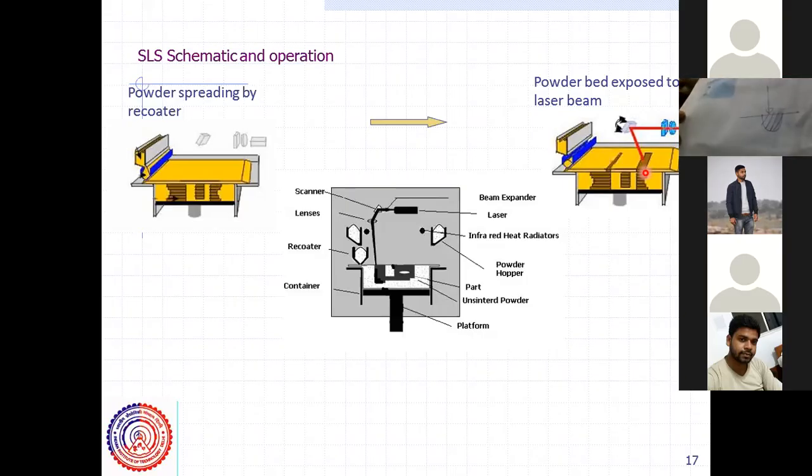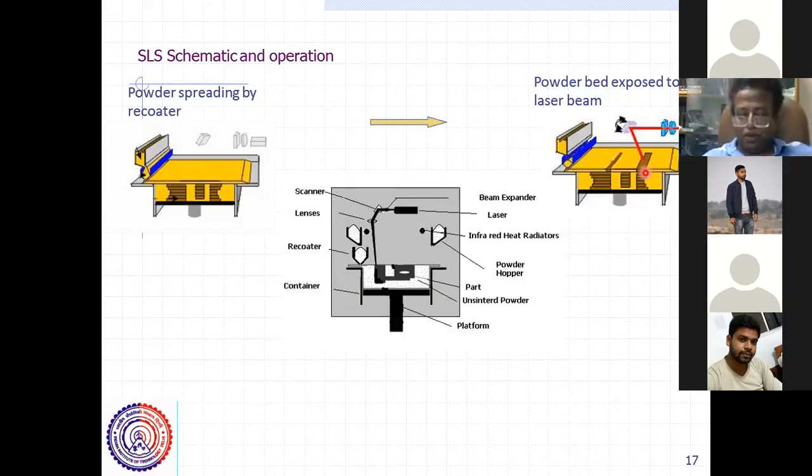So if you can see this picture, correct? You can understand that if the laser falls, this is how the sintering takes place. It cannot go below that region which I have shown. This region is of a few microns. So that's why it is not that it will keep on hardening everything. Is it clear? Yes, sir.